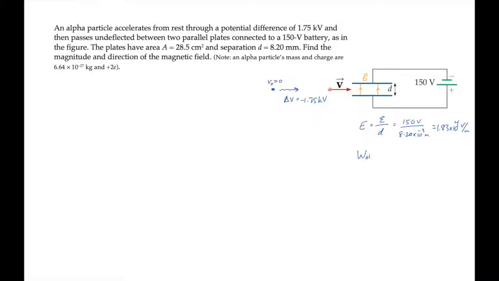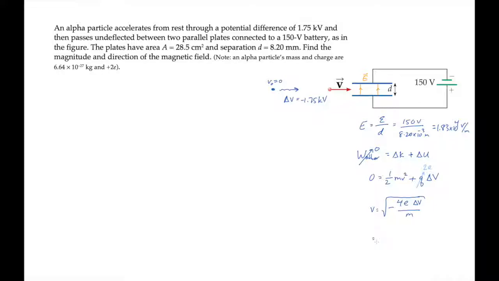If we then write a statement of energy conservation, there is no work being done by forces other than the electric force. We can express the change in kinetic energy as 1/2 m times the final speed squared, and the change in potential energy is the charge times the change in electric potential. That charge is twice the fundamental charge, so we can solve for the alpha particle's final speed. It's given by this expression,